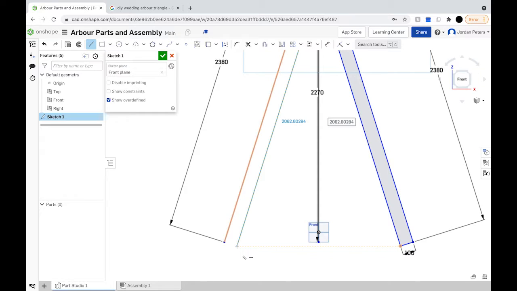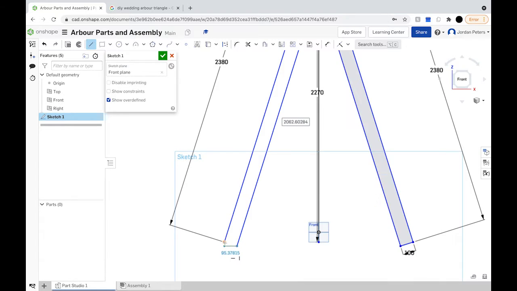That means it is exactly in line with that other point on the other side. And you can also actually see the parallel symbol just under our cursor. There's two lines across from each other, and that just means it's parallel, side by side, exactly. So I'm going to left click that,